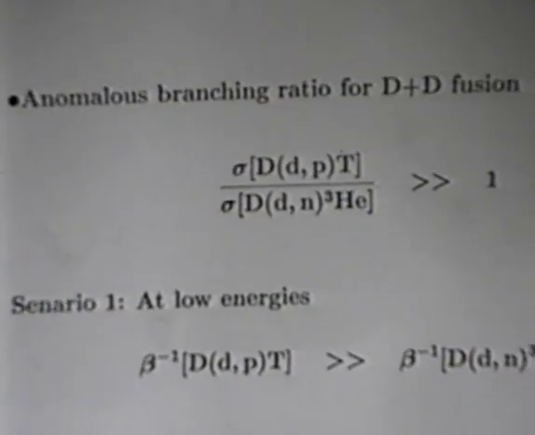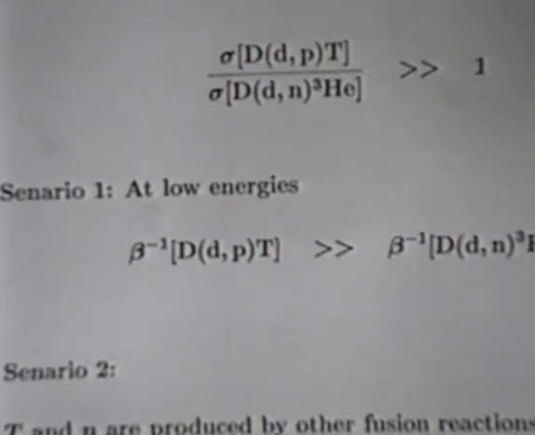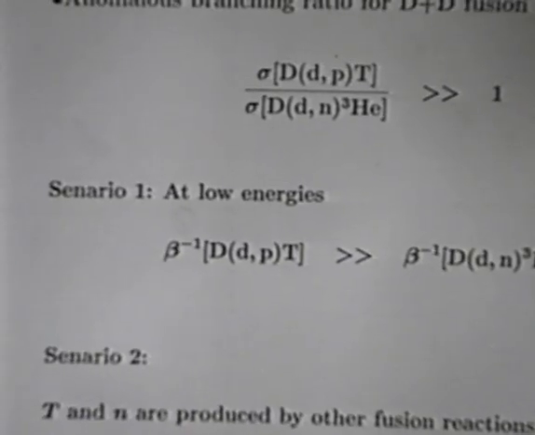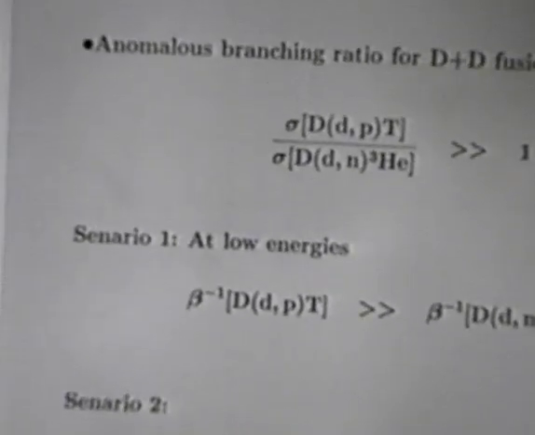Different part of potential. That is one possibility. Another possibility is that it's not due to DD fusion. Maybe it could be something else. That is, we may be barking up the wrong tree.